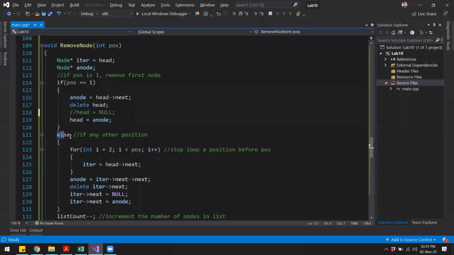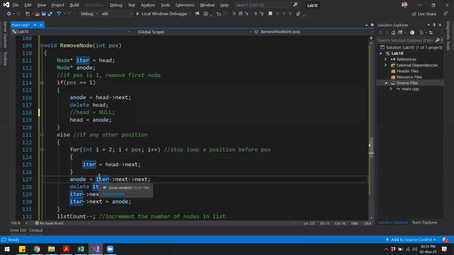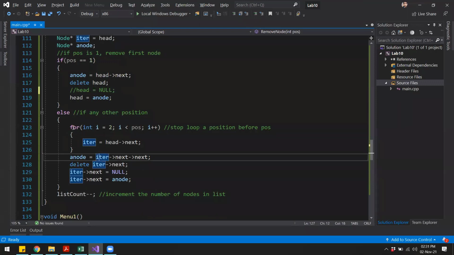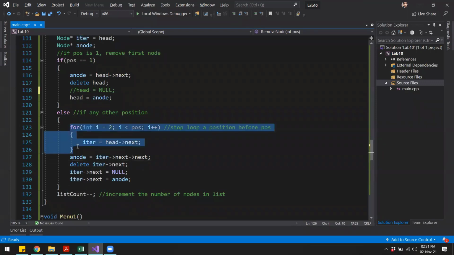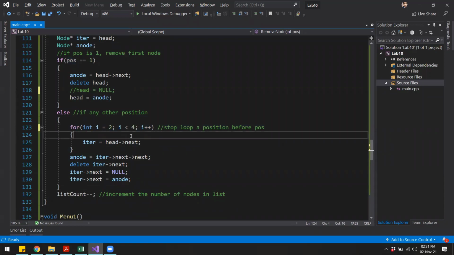Then in the else part, because position is not 1, it is some other value. In this case, it is 4. So if the position is 4, then we will go to this loop, do something, and then execute this part of the code. Now I'll just write 4 over here for now, so that we can easily see what is happening.